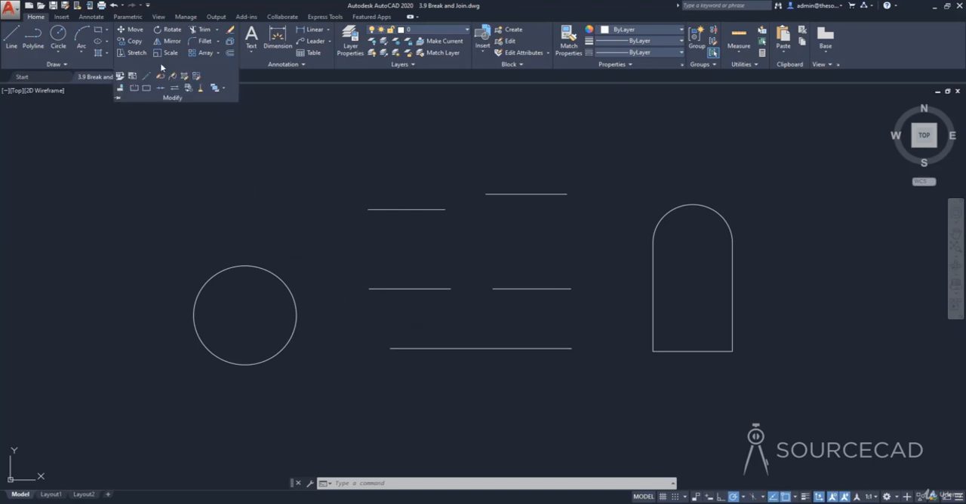So I'll go to modify and I'll select this break at 2 point option, and in this case I'll just start once again with this line. So I have this line, I'll select this one here, and now in this case when I'm clicking this line here, that point also happens to become the first break point. So I'll click, and now that point became the first breaking point as well,